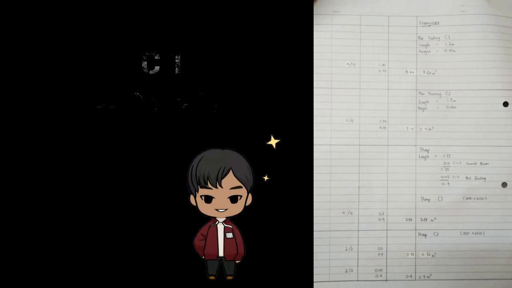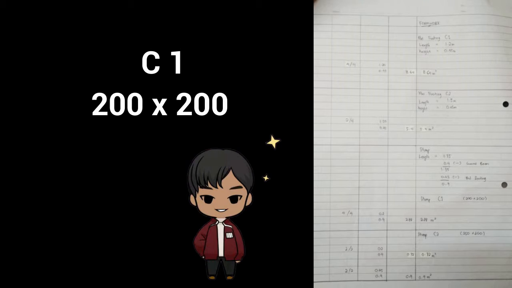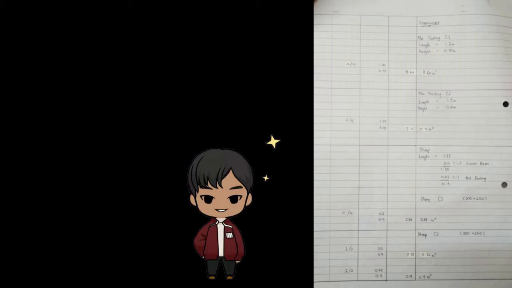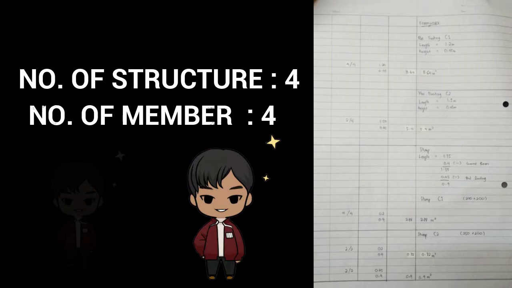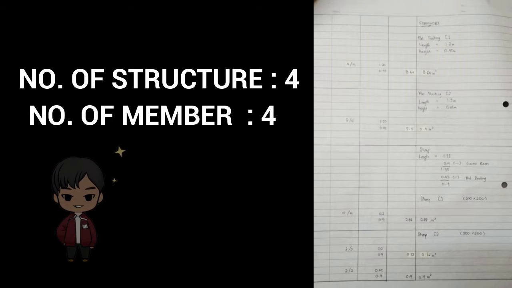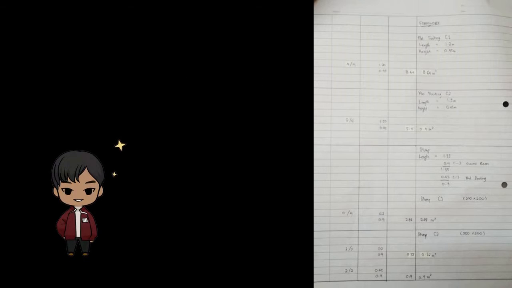For C1, the size will be 200 mm times 200 mm. As the length is the same for each member, we can calculate it together, which is 4 number of structure times the 4 member, because the length of each side is equal, which is 0.2 meter, times the length of the stump, which is 0.9 meter, and we get the answer. Continue with the C2 stump,